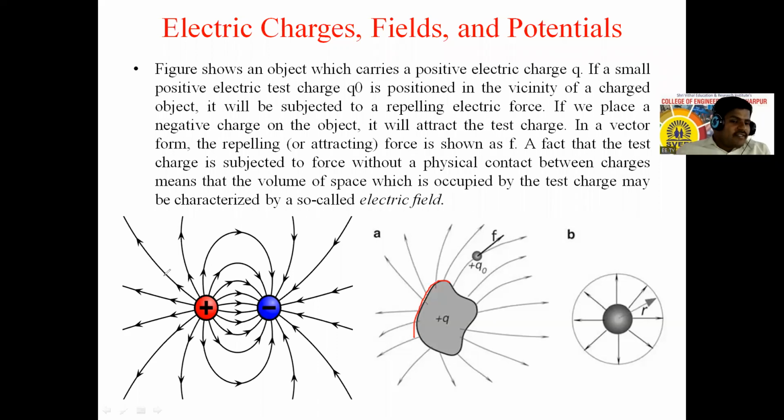See, this is the first figure. It is nothing but the concept of electric charge, positive ion and negative ion, or positive charge and negative charge. There is an electric field. So this is nothing but electric field. Always around this electric charge, there is some field that can be created.